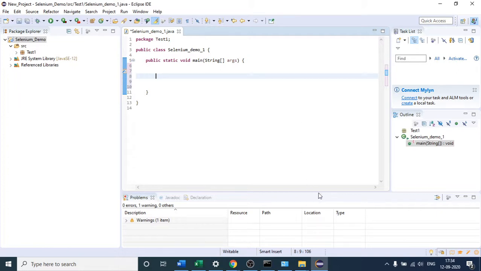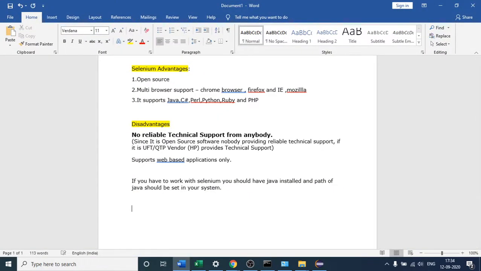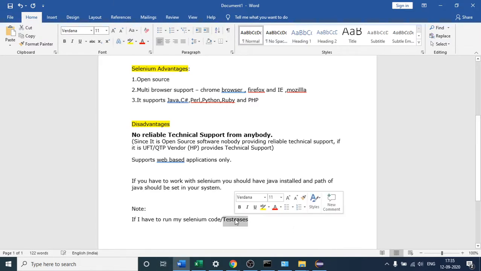Okay, so suppose, let me open WordPad again. Note here, if I have to run my test case, or you can say the Selenium code, ultimately you are going to write manual test cases in automation mode. So you are writing test cases only inside the Java class. If I have to run my Selenium code, or the test cases, in Chrome browser,